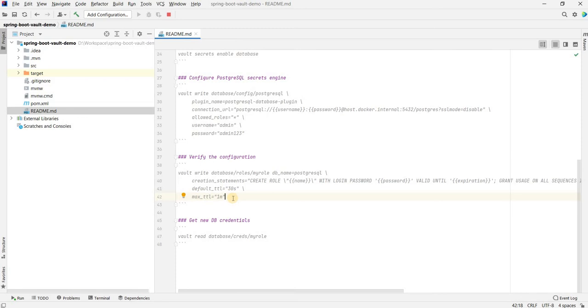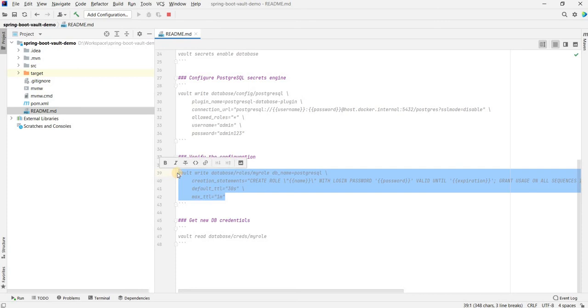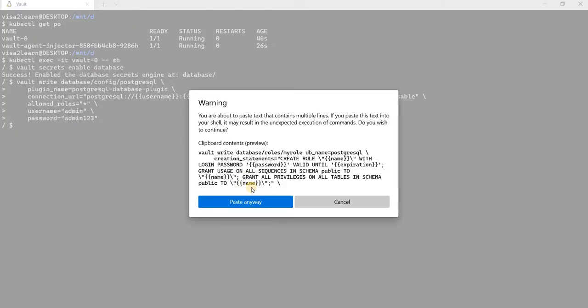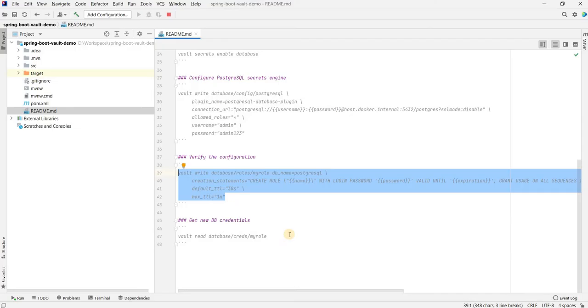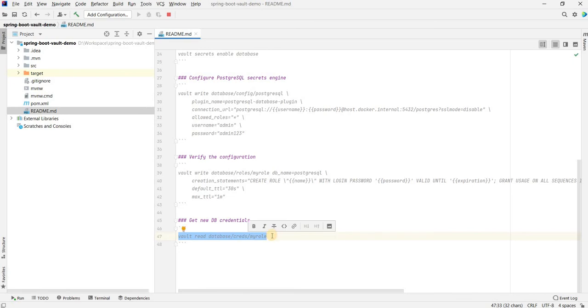And before doing that, these two are the TTL configurations. Max TTL I've configured as 1 minute just for demo purposes. What that means is after 1 minute, this database credential would expire and a new one would be created. So let's go ahead and run this command now. Okay, it's a success.